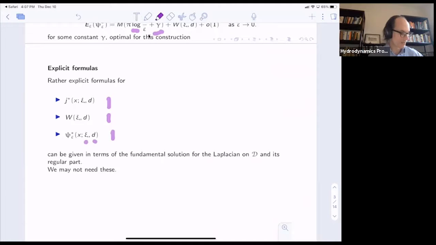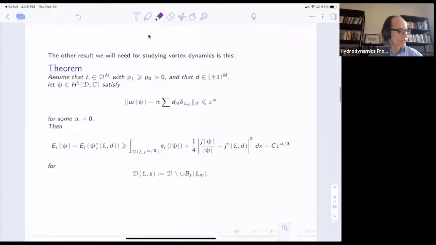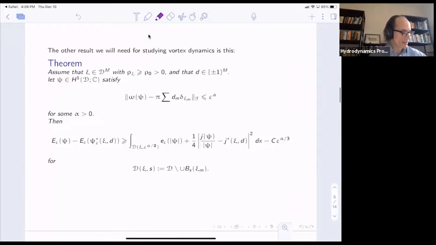I don't know if we'll need these. These are expressed in terms of the fundamental solution for the Laplacian, which can be written in terms of logs, and this thing, which is the regular part of the fundamental solution, sometimes called the Robin function, I believe. Okay, so then we have results saying that if the vorticity is concentrated near some points x_m, then the